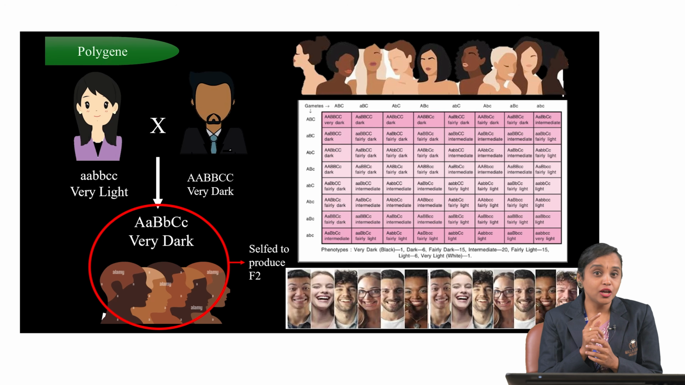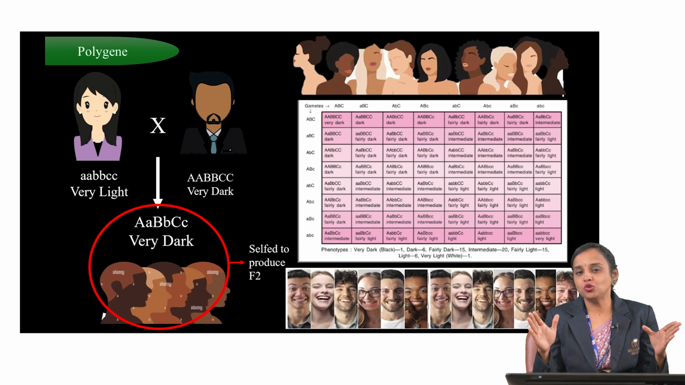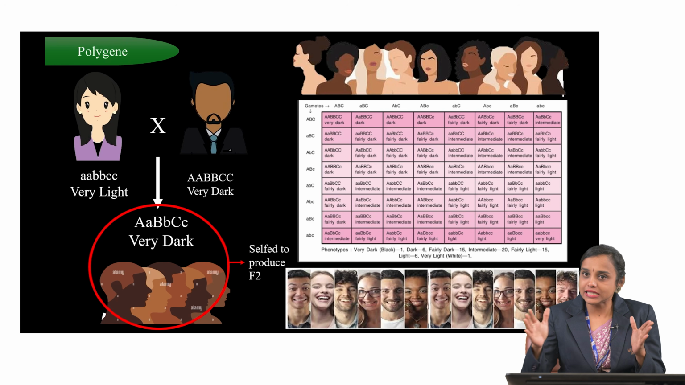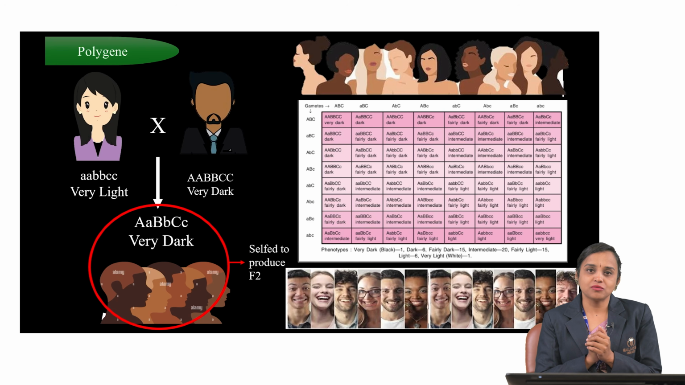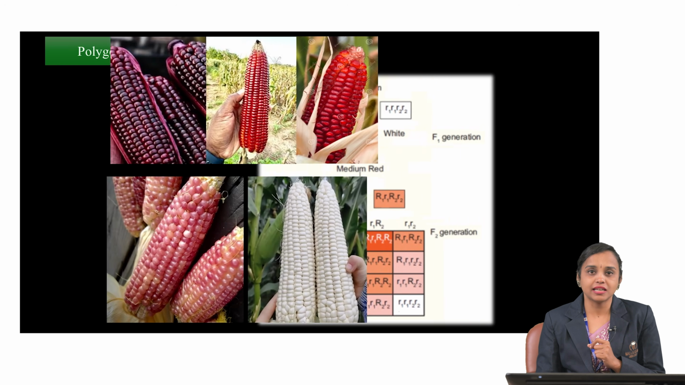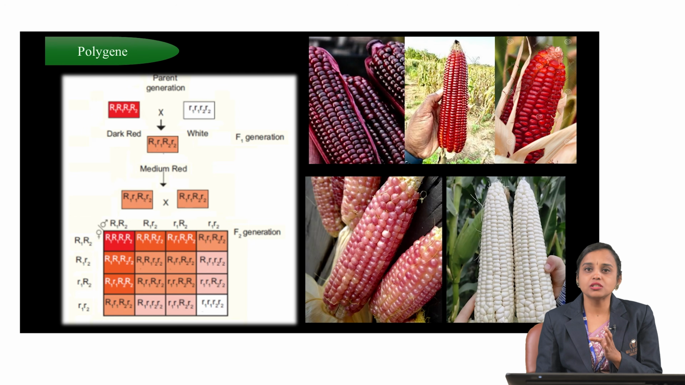So next time, when you see the diversity in human skin color, remember it's not one gene at work, but a symphony of many genes blending their effects. So that's the beauty of polygenic inheritance. Another example is the multiple factor hypothesis, found out by Nelson Ehle, with 16 progenies in a 1:4:6:4:1 ratio,